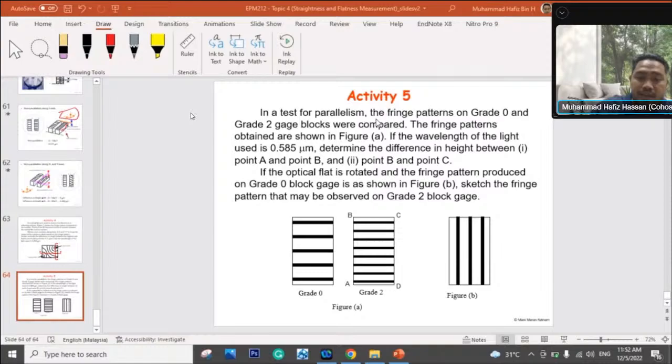For activity 5, it's very straightforward. You have to use the formula given: the work piece minus the reference piece, times lambda over 2. That is the idea. Then for the questions,